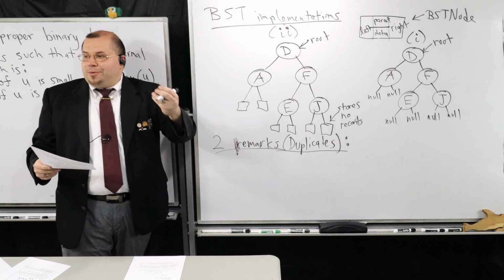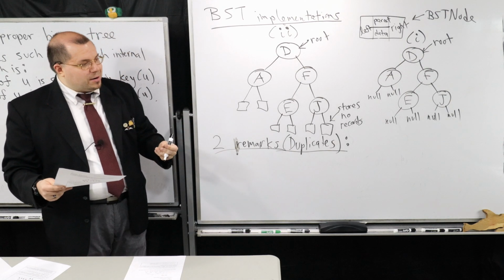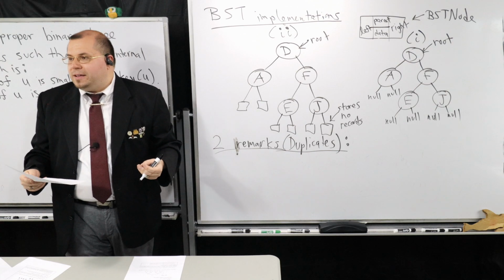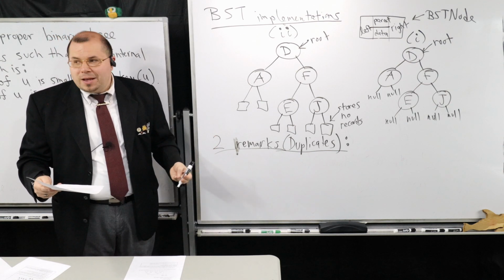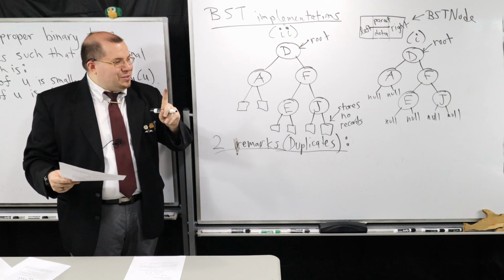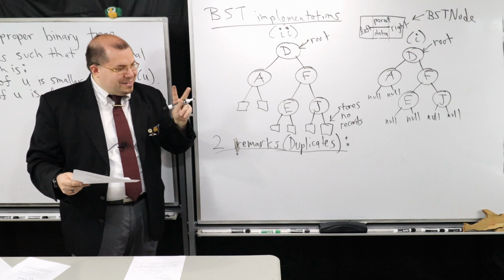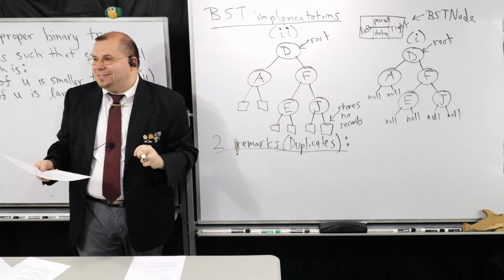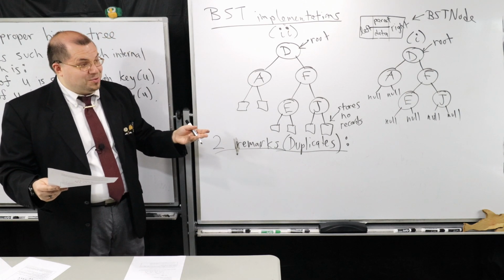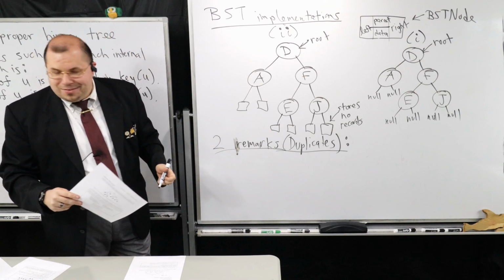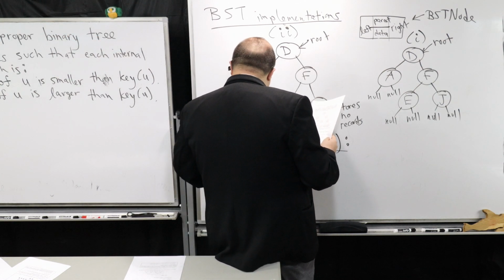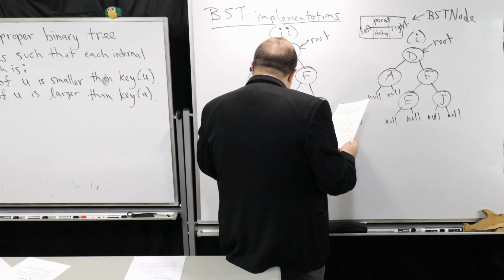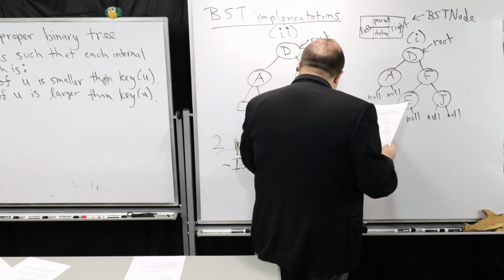So naturally, I want to address the lovely question we got earlier about duplicates. Suppose I want to have multiple records with key 4. Well, here's the good news for you. There are ways to easily change this up so that it allows that to happen without changing our algorithms a whole lot, which is great. It depends on whether the keys matter or not. If the keys matter, but not the data,